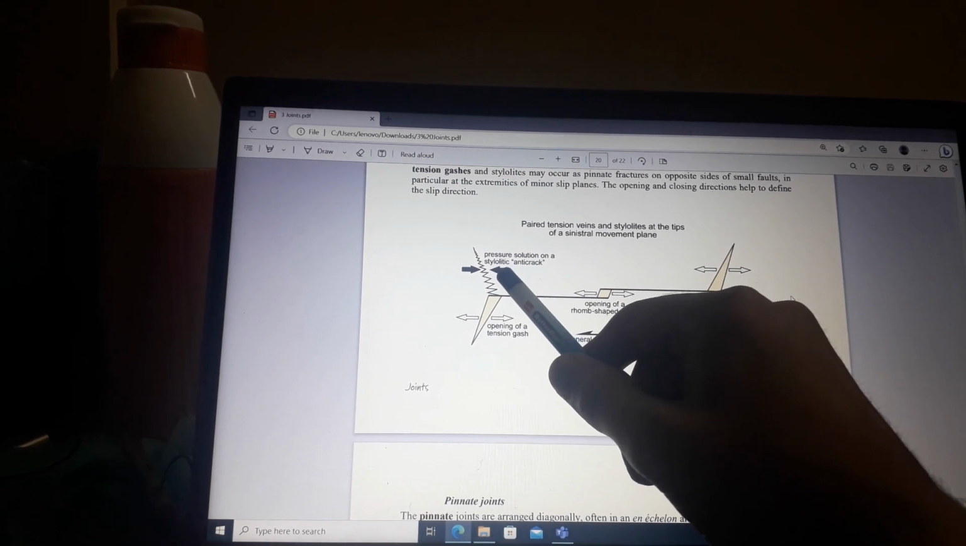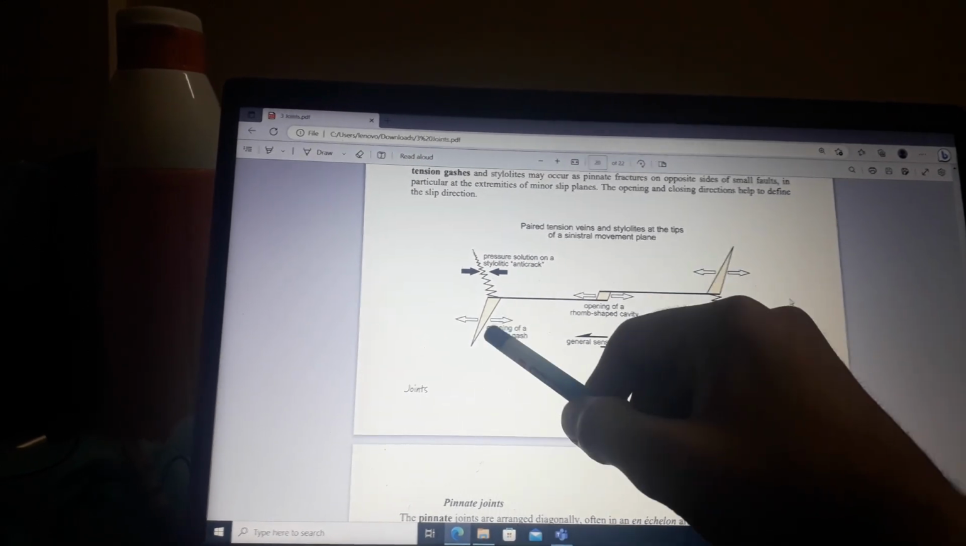This is the paired tension veins and stylolites at the tips of a sinistral movement plane. Pressure solution on stylolitic anti-crack. Opening of tension gash. This is opening of rhomb-shaped cavity. This is general sense of shear. This one can be